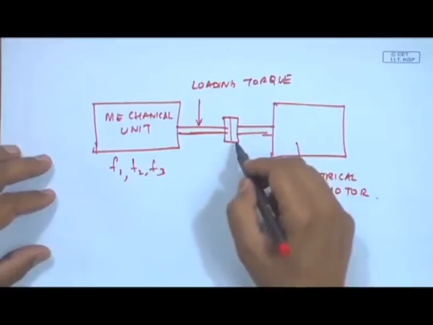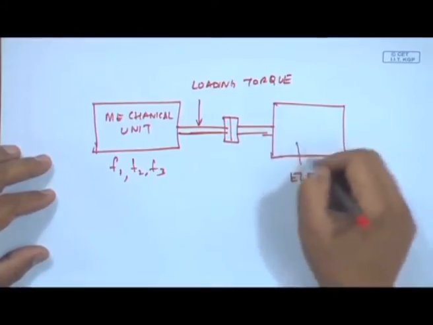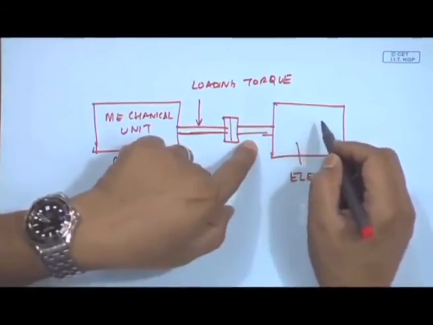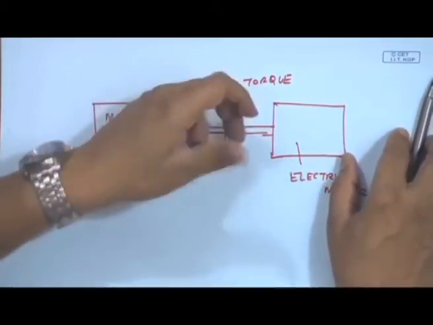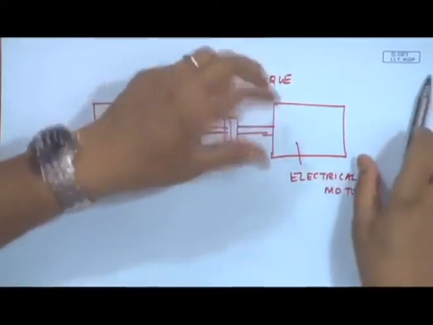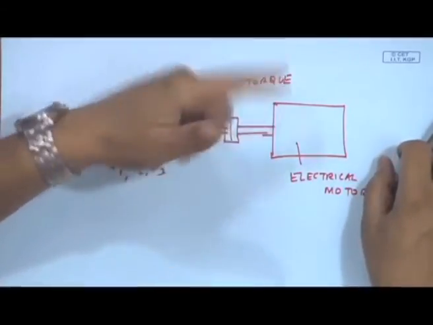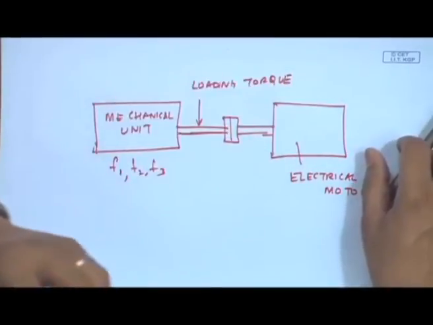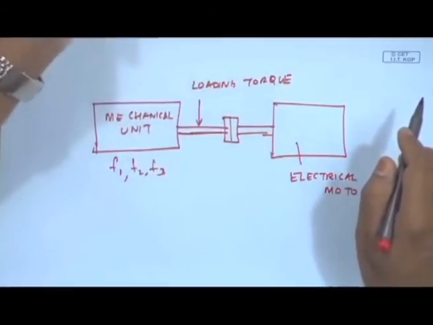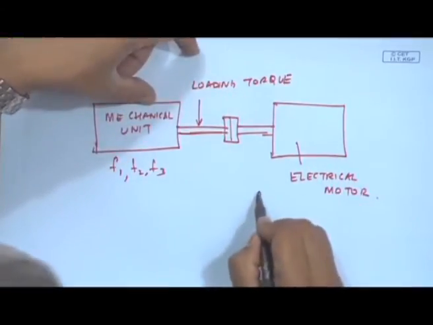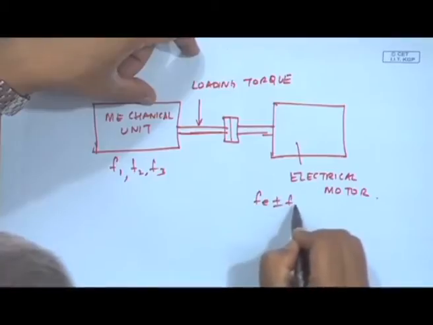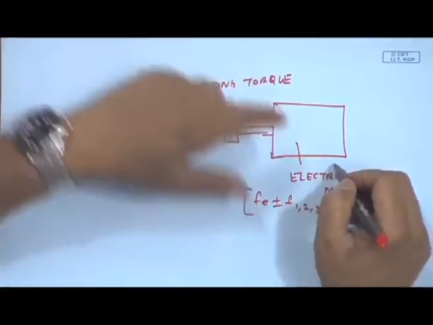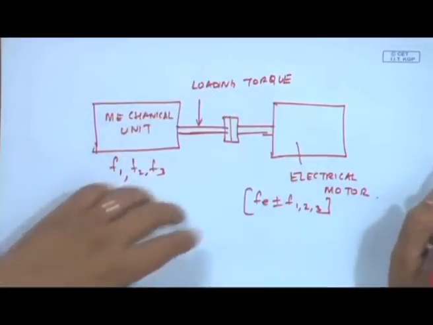And this load torque is responsible for drawing the current, because there is a load torque, the flux is going to change. So, the rotor has been given a load torque. I need to produce a counteracting torque to this load, so that the motor is going to run, and this has to be at these frequencies, because they have fe plus minus f1, 2, 3. So, the current drawn will have this kind of characteristics.